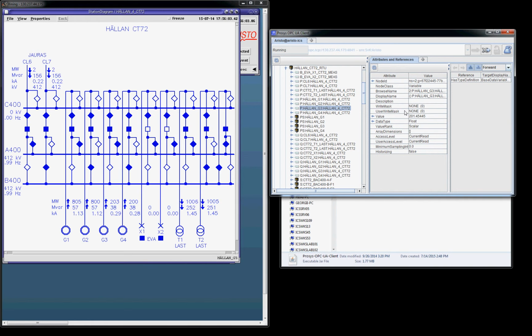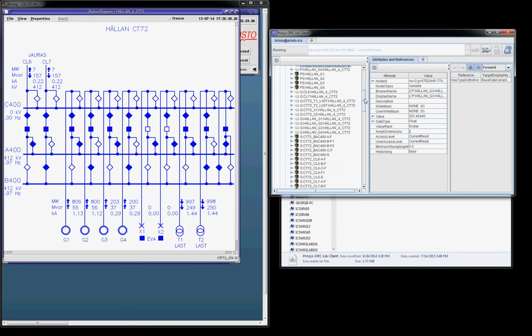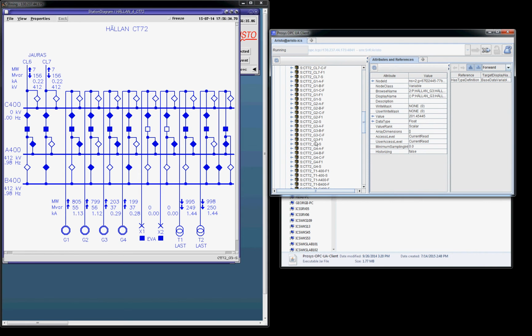Now if you want to write some value to the power system model, like for example the status of the breaker or the set point of a generator, I'm going to show you how to do that. For example, we want to open this circuit breaker which connects this generator G3 with this switchyard. We click on this circuit breaker and we see that the name of this circuit breaker is CT72G3S. We come back to the OPC client application and we look for this circuit breaker. Here it is,